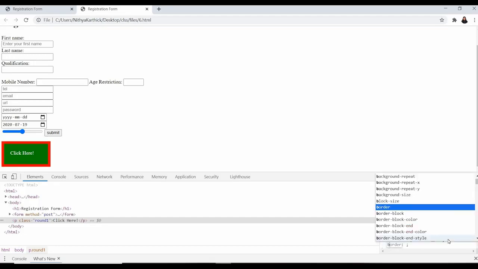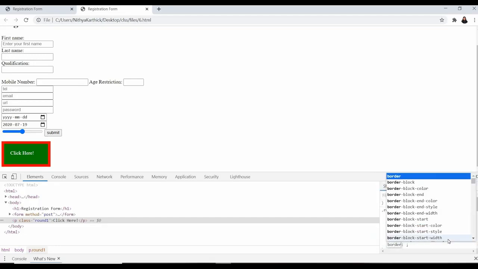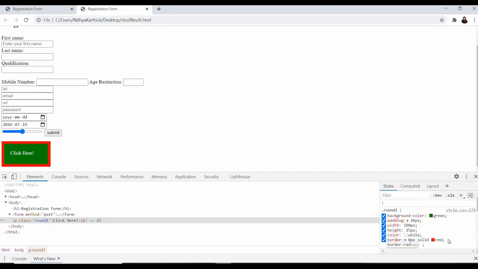Again, I can give border, and this is the new thing: radius. Border radius means just a simple curve at the end. You can notice the curve. I have given 30 pixel here. You can reduce it to 2 pixel or 10 pixel, according to your design and need, and adjust the radius.